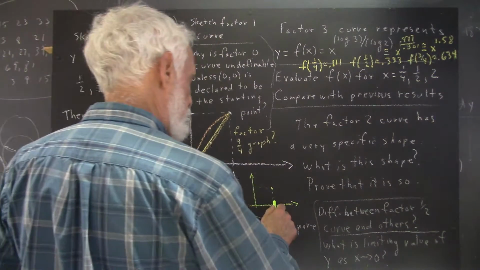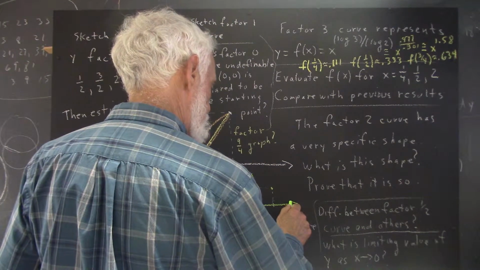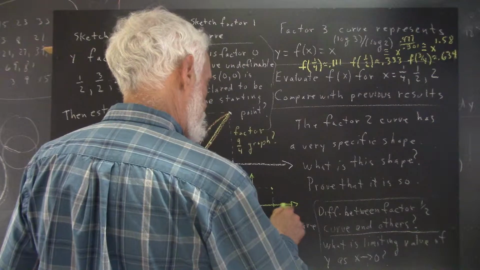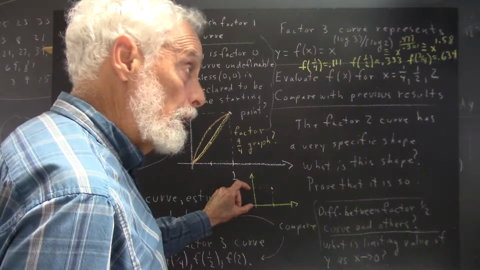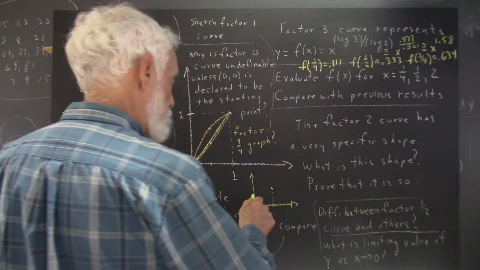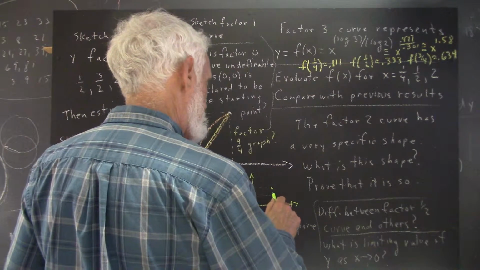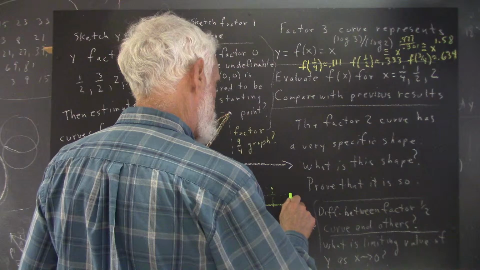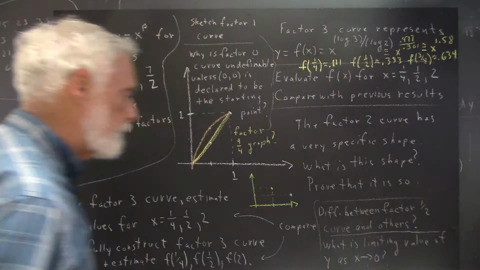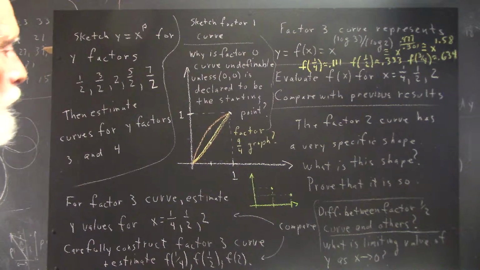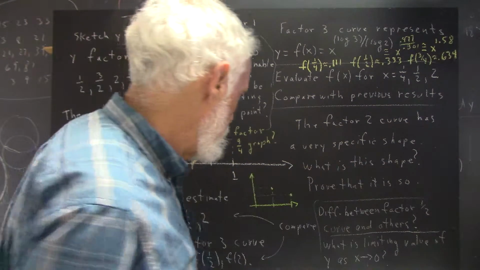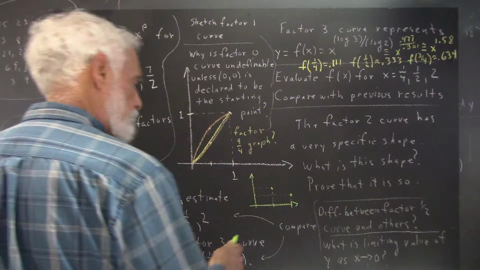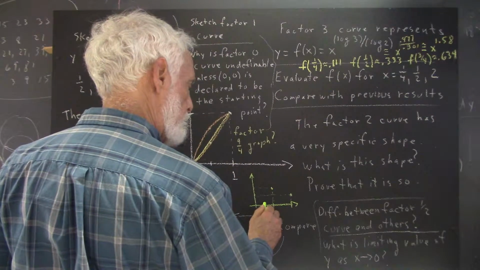So if we double our value of x, that means we're going to go from here out to about here, and y is going to become half as great. Well, half of the y value here is here, so your y value would be about here. Then, of course, we can't do any more doubling without getting into my writing here. So I'm going to go halfway back here